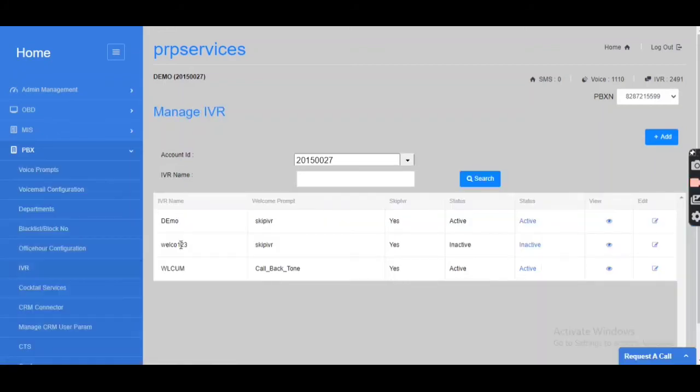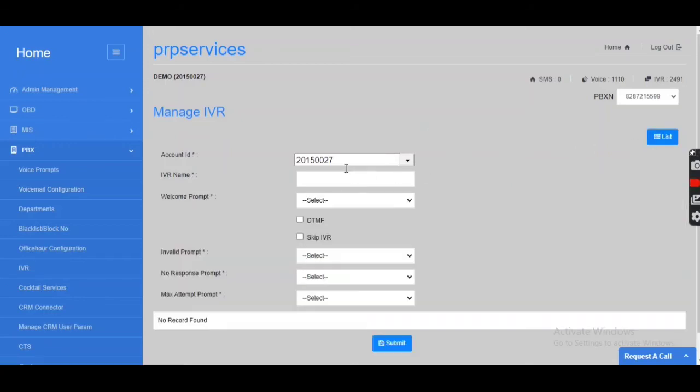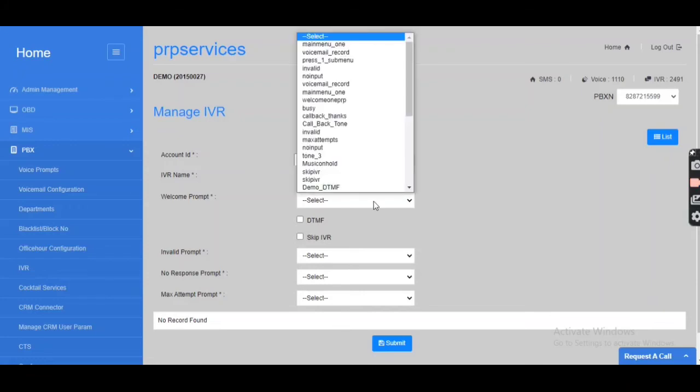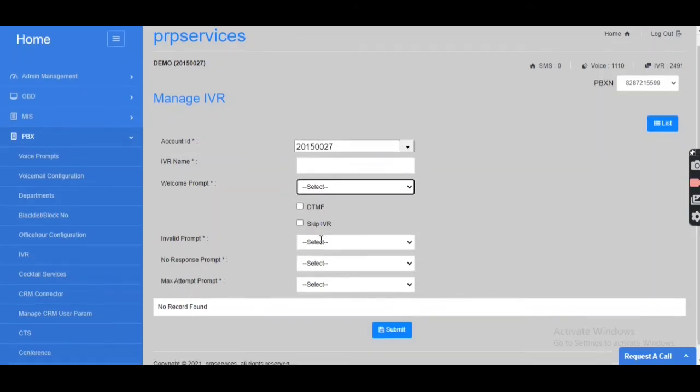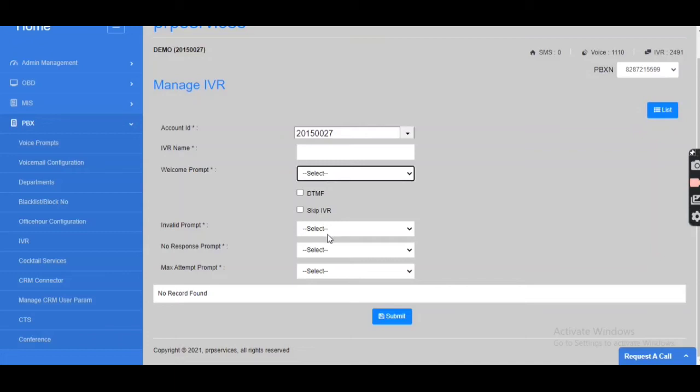Then we have the option of IVR. For all your configurations for the interactive voice response. IVR name, your welcome prompts, which you can see from the voice prompts. Your DTMF inputs for 1, 2, 3 as well. Skip IVR option, invalid prompts, no response prompts, and max attempts prompts, for which you have to select 3 for your 3 max attempts.